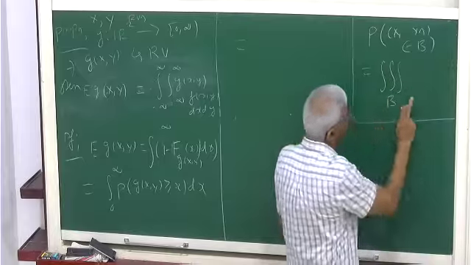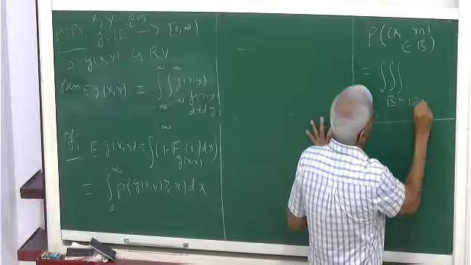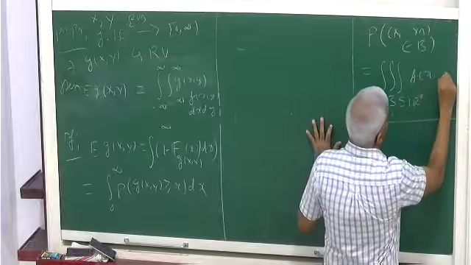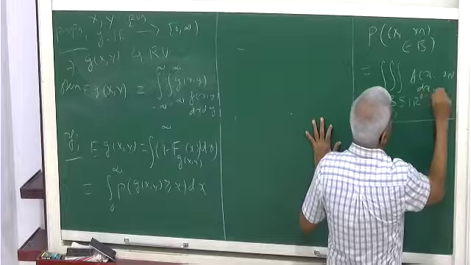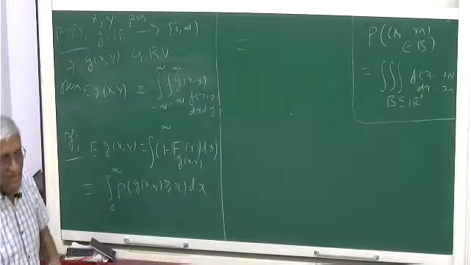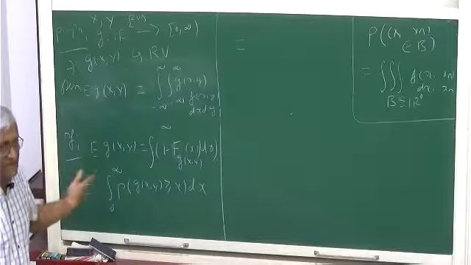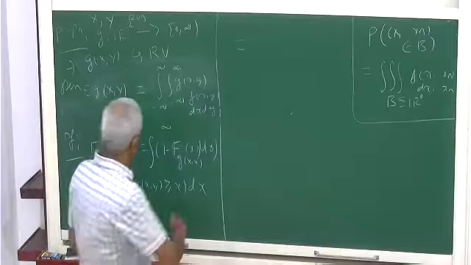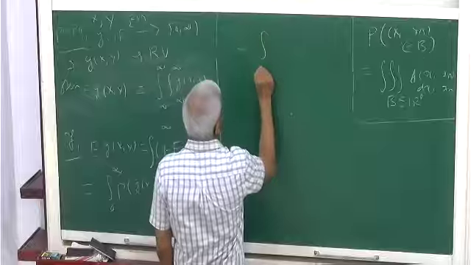B, where B is in Rn, of f of (x1, up to xn) dx1 and so on. You need not worry about what this B is, because we are going to apply a change of variable and we will get something. Okay? So this is the same as the integral over